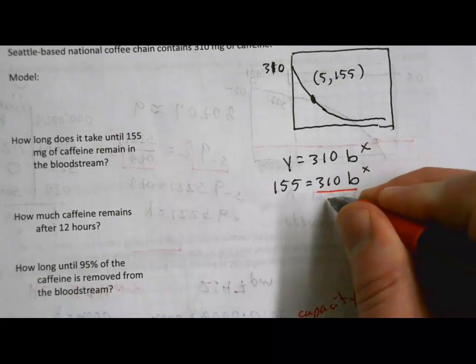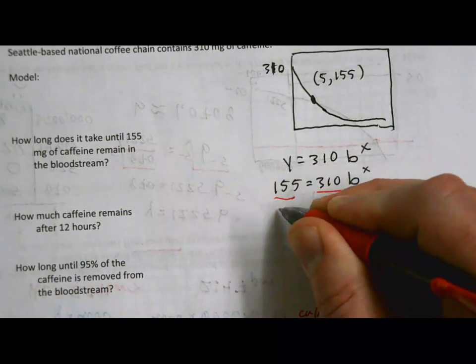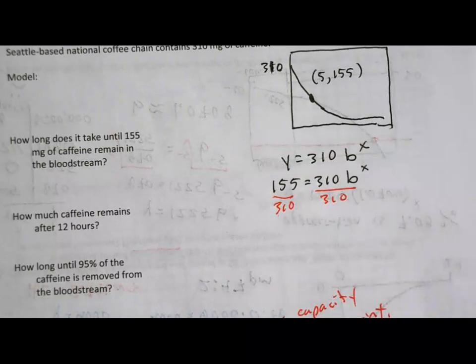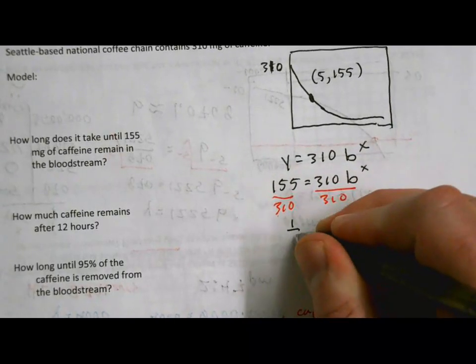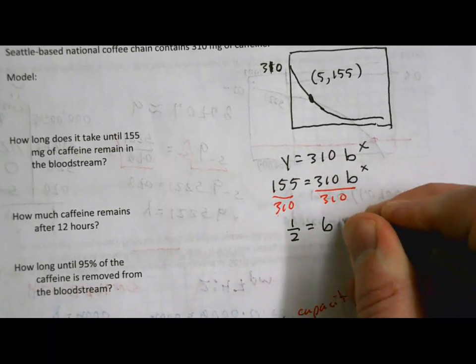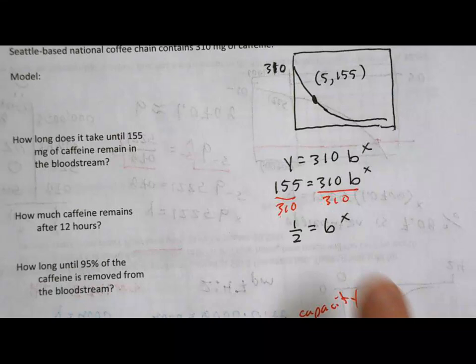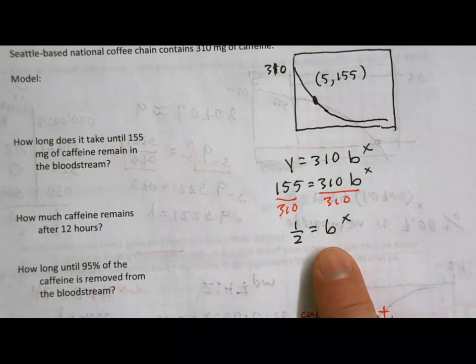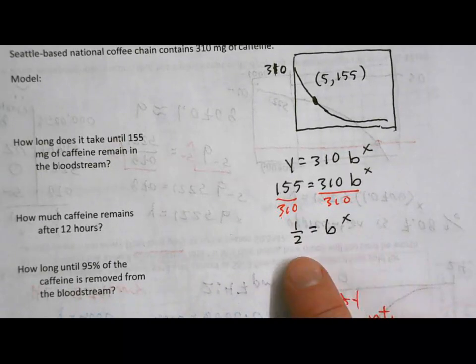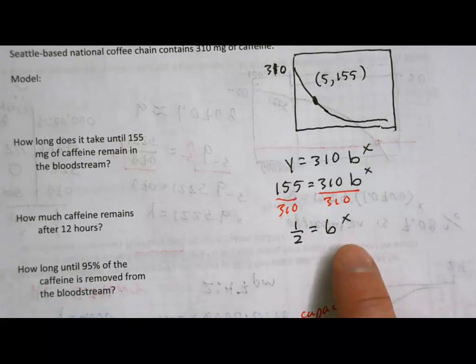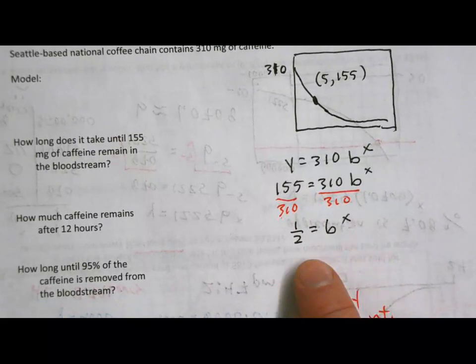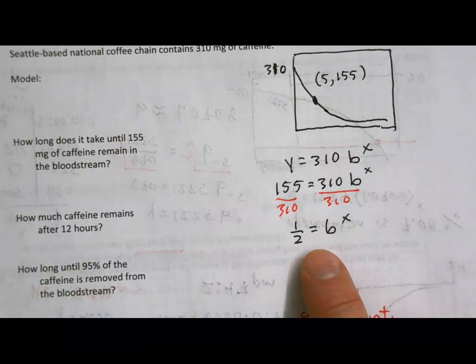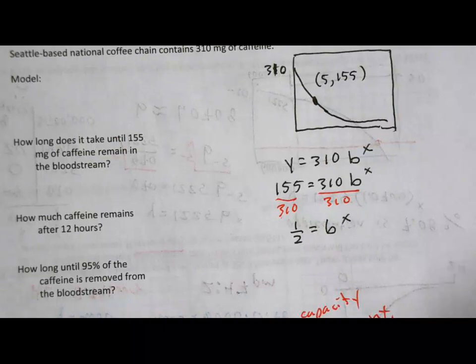When you do these half-life problems, you're going to find something kind of interesting. This step right here is always going to come up for a half-life problem. No matter what your starting value is, you're always going to end up here. If it's a half-life problem, you're always going to end up at 1/2 equals b to the x. Because why? Because if we're talking half-life,